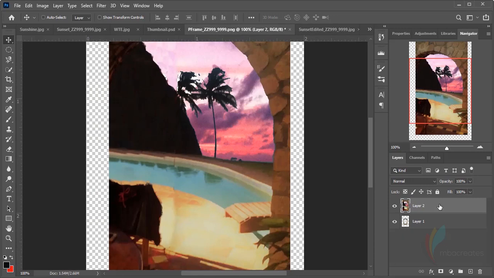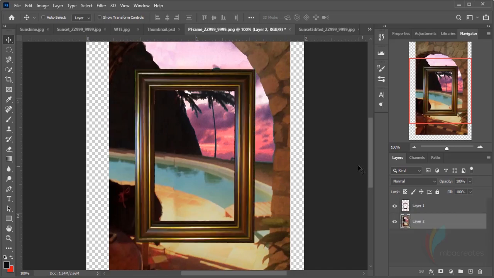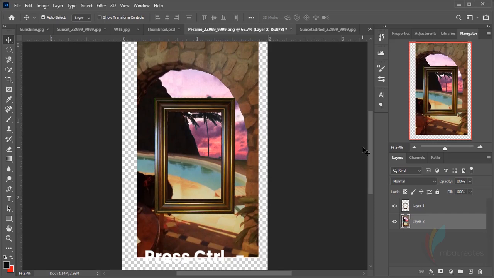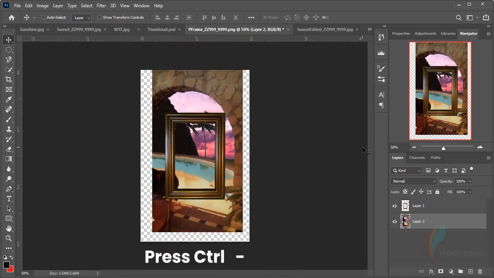Now come down to your layers panel and interchange the positions so that the frame comes forward. Now make sure the image is selected, the one you just dropped in there. Press Ctrl minus repeatedly, at least twice. Now press Ctrl T for transform,